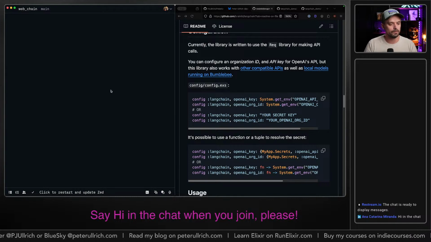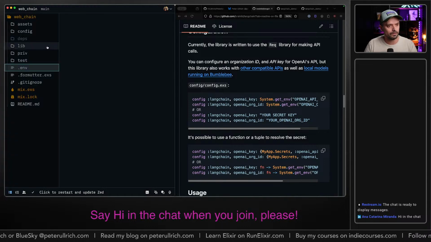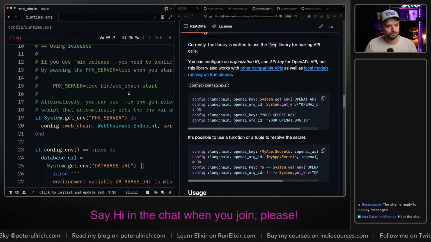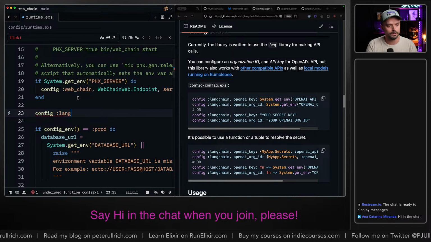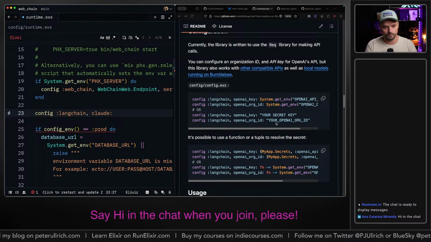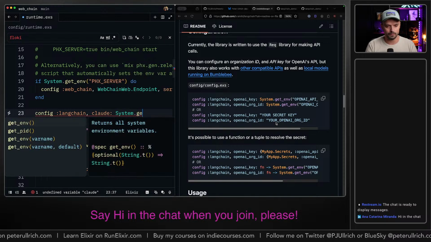All right, now we have our env. I have a Claude API key. So now I can go into config and at runtime, I'm going to set config LangChain and Claude. And I'm not sure which key we need to use, but I'll look that up later.